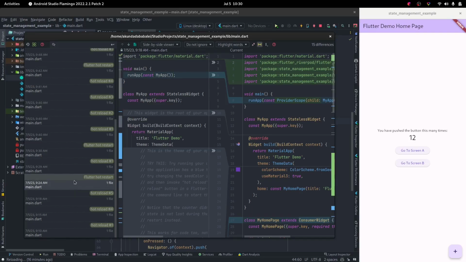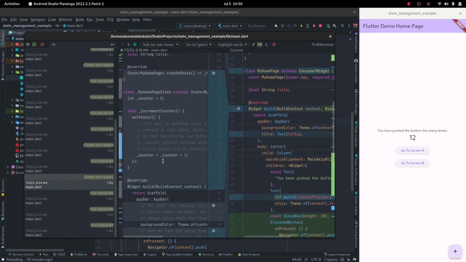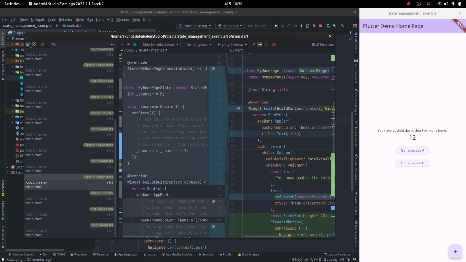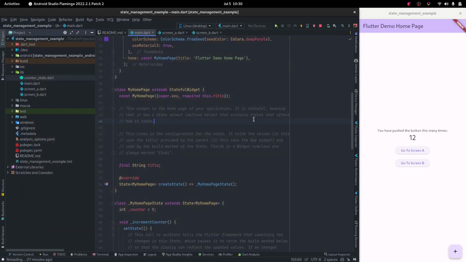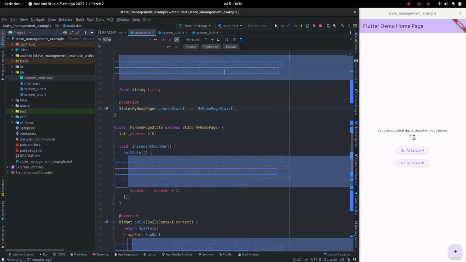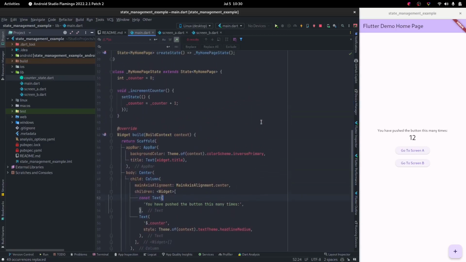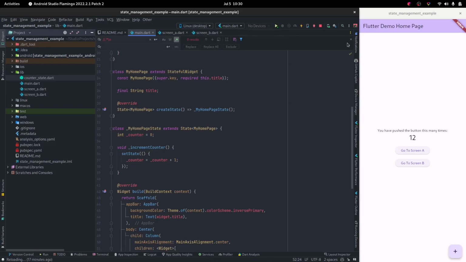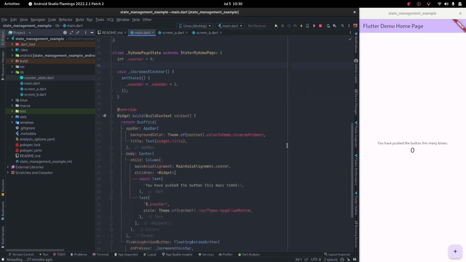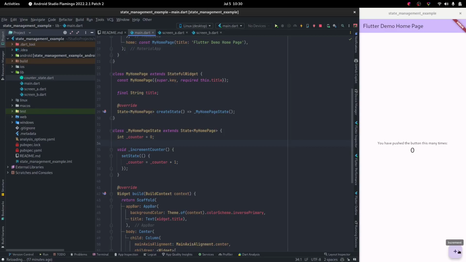All right, let's restore that. And let's go ahead and replace. All right, so here we have our old counter application,